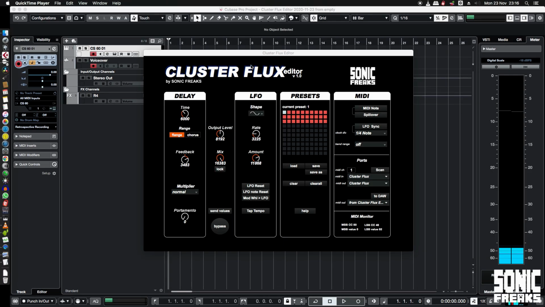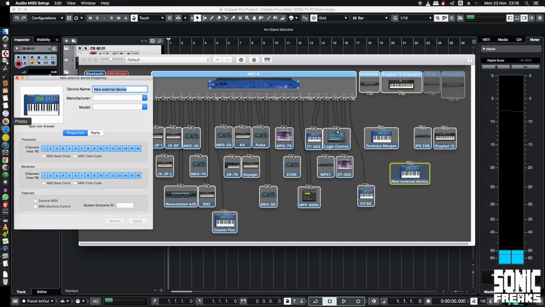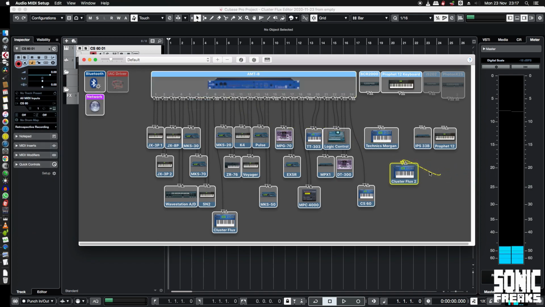So as you can see, I have the application already open, but I'm going to switch to the Audio MIDI Setup first, where I have actually assigned a MIDI port to the Cluster Flux Pedal. So I made a device using Add Devices right here. And then you can create a new device like Cluster Flux 2 or whatever. I already have it. And when you have that device, you can connect it to a port, which actually makes it visible inside of your software as Cluster Flux 2. Well, I don't need the Cluster Flux 2, so I'll just delete that one. So my Cluster Flux is now on this port 8 of my big MIDI setup here,